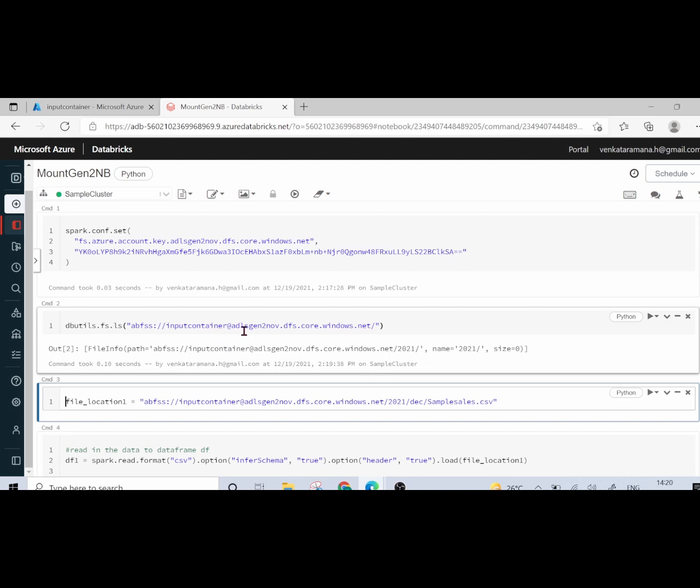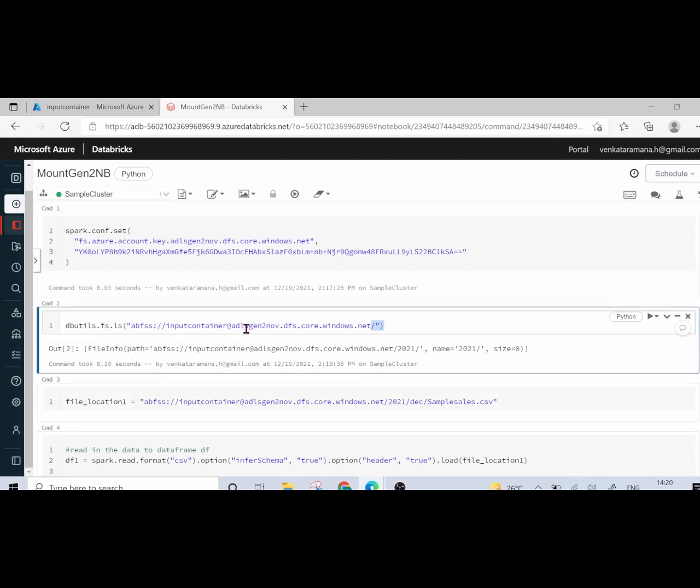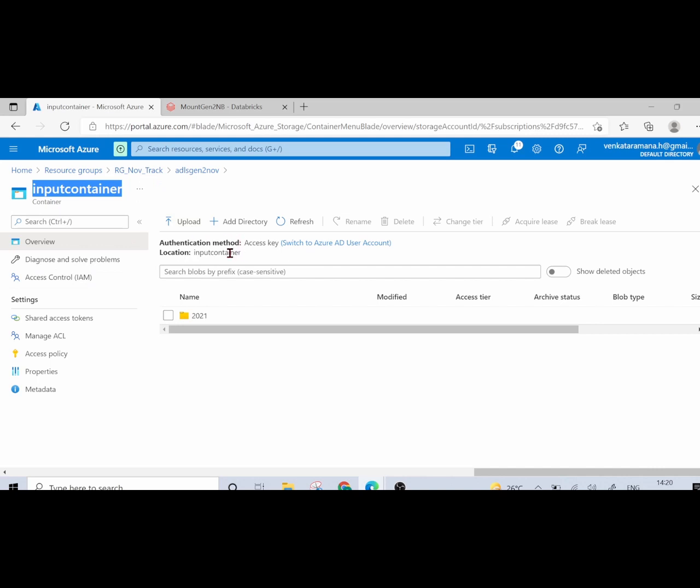Now I can go to my specific storage account inside here. This is the storage account, and inside that particular storage account I can have access to my particular input container. So till here I'm able to achieve. After that, what do I want? I need to go through this particular 2021 folder. Inside that folder, it's opening. Let it open.